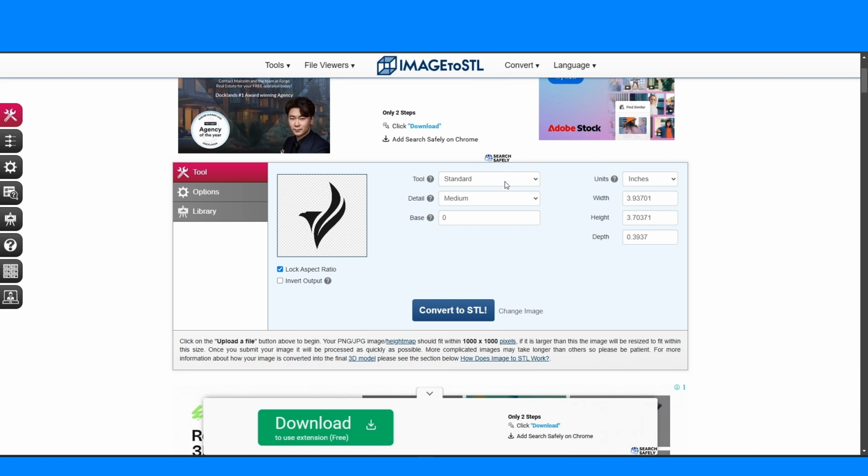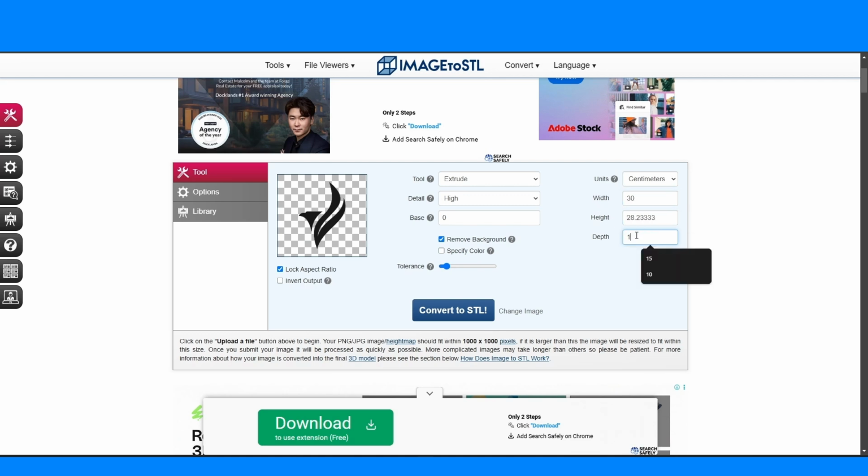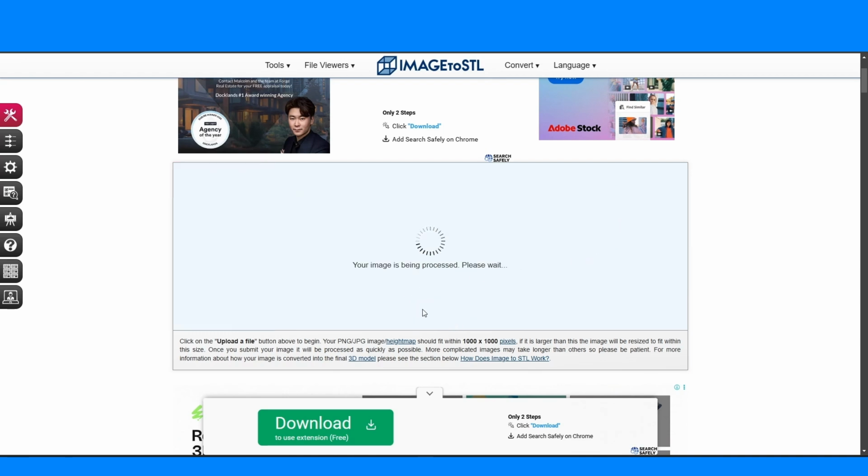And on this page, I would choose extrude high quality, and I'll remove the background. I'll change the parameters to centimeters, maybe 30. Leave it at that. Do 15 here. And when I click convert,